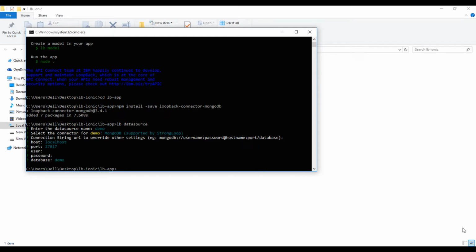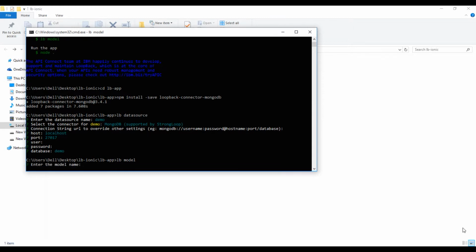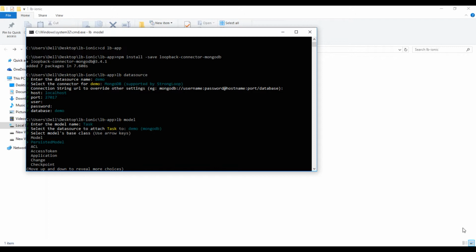The next thing which we need to do is create our task model. For that I'll use Loopback CLI to create our model. So I'll say lb model. It will ask different properties of the model. So first it's asking for the model name. So I'll say task. And the connector for this model is MongoDB, and the type of model is